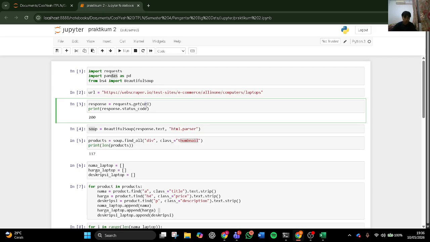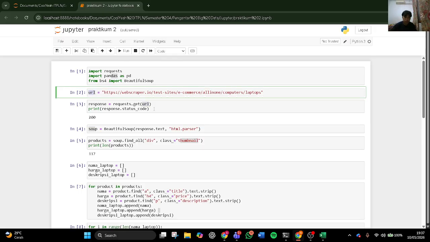And then also print the status code to verify the connection was successful. A status code of 200 means the request works. So this URL parameter is from this second cell.